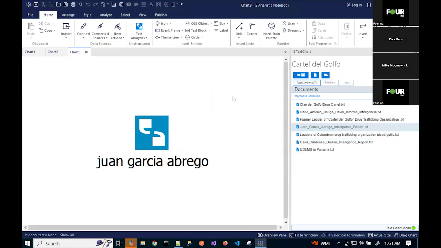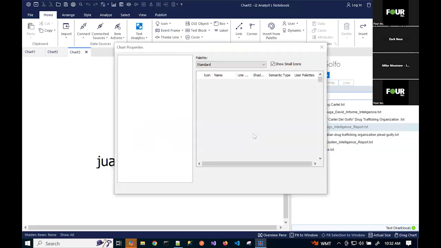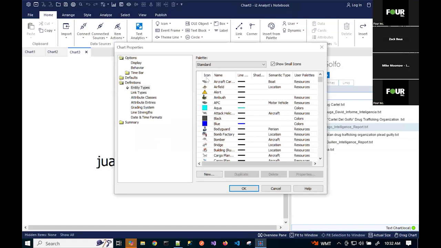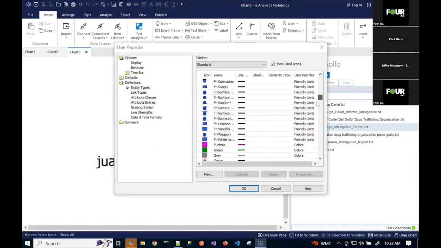The main way to fix that, the easiest way to fix that, is to go in and edit the chart properties for the representations, and then go down to the bottom. This is a little fast. Maybe I have to go back and watch this recording a couple times. It's pretty straightforward, though. I just right-clicked on the back of the chart to go to chart properties, and then I went to entity types, and down at the bottom I can see the most recent added ones, which is